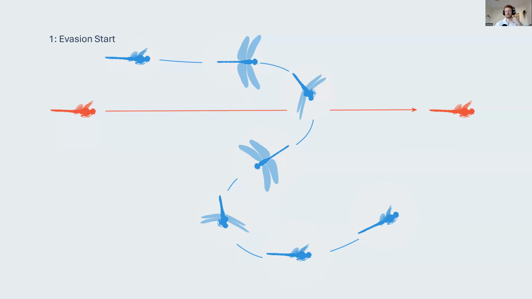So it's really starting with, you have an evasion start, you have a sharp bank over to one side. They pull up, which effectively pulls them towards the ground. It's pulled up from their direction, which is way over sideways, and they enter into a steep vertical dive that they then come out of in this chase position directly behind the target. And while they do this, they're going to stay in the visual position of the one that's behind them. They're going to stay still, and then suddenly drop straight past them in a way that the chasing dragonfly isn't able to follow.